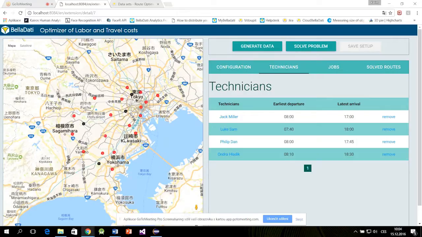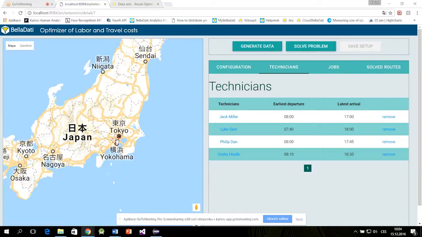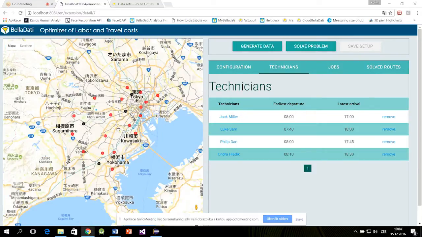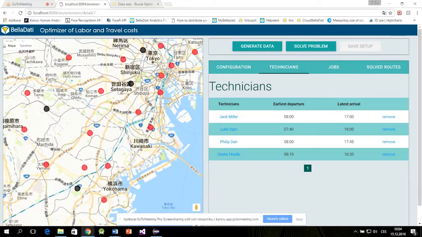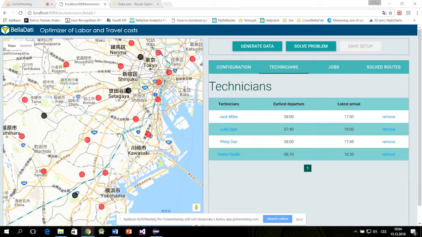You can use only OpenStreetMap or another client to visualize the map and coordinate locations. So here we can see we are now in Tokyo, and we are solving a route problem for service